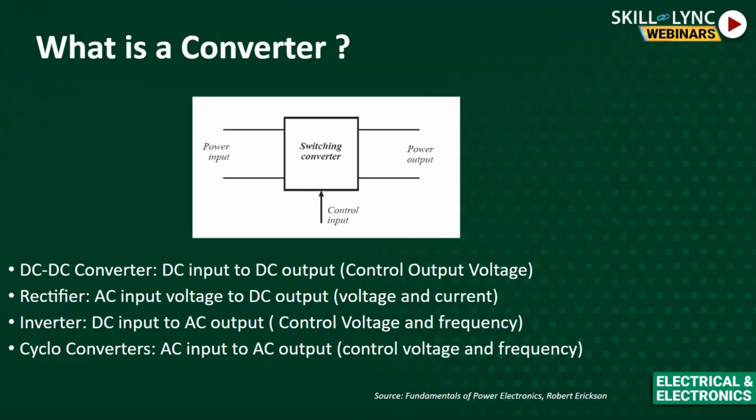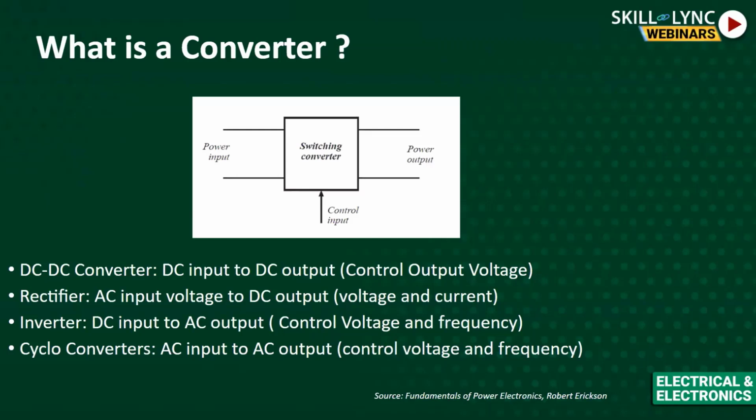Now the switching converter can be of many types. Basically 4 types. Can be many also, there are many converters evolving. So basically, these 4 types are the origin of the other converters. The DC-DC converter, which is nothing but the input is a DC, and we get the controlled DC output, or the controlled DC voltage or current or whatever. Mainly this DC-DC converter we can see in power supplies, like a computer power supply, or in a vehicle, if you see the electric vehicle, the onboard charger, whose block diagram we are going to see very soon.